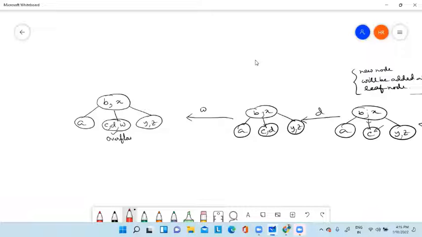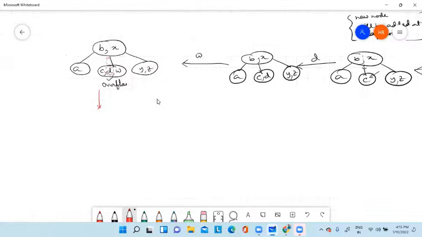Again, we have to choose the median. So this is the median and median will be added into this particular node. Okay. It becomes the parent. So if I do this, then your picture will be like this. If I do this particular thing, then my picture becomes like this. B, D, X, and this side A. In between BD comes the C. In between DX comes the W, and here the Y and Z.